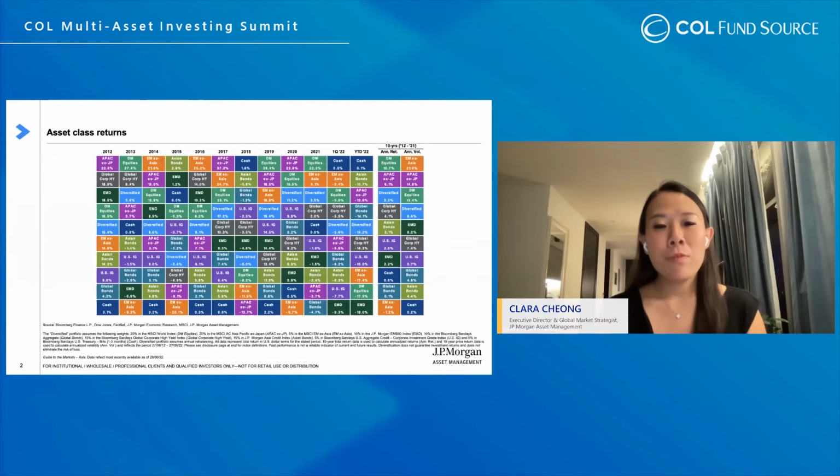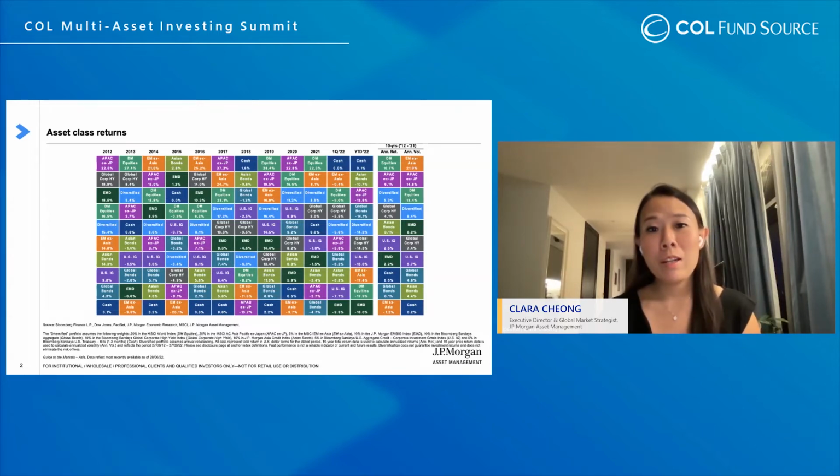Typically before I delve into any presentation about the global outlook, I like to set the stage by reviewing what has actually happened in markets on a year-to-date basis. And I'm sure all of us have been feeling that as well. If I could focus your attention on the third column from the right-hand side, you can see that nominal cash returns are at the top of the column in the quote chart. Unfortunately, this really highlights that it continues to be quite a challenging environment for investors.